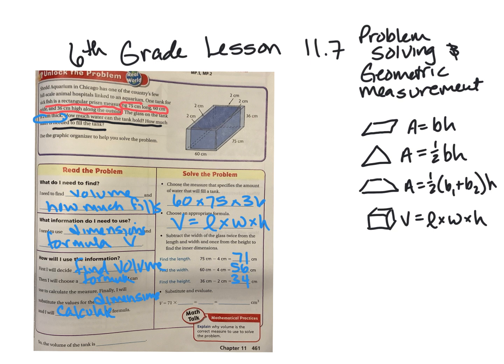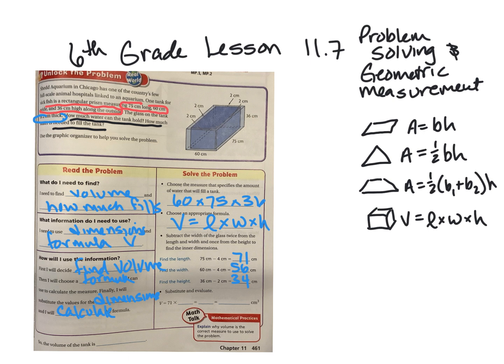So in the beginning when I said, this is all the stuff you've been doing, you were really good at this already, finding volume of a rectangular prism. Now it's just a little bit of attention to detail. Oh, I have to take 2 centimeters off because of the glass. That's what you're going to see in this lesson, those sorts of little twists. You can perfectly handle it. You just need a little time to digest the information they're throwing at you,